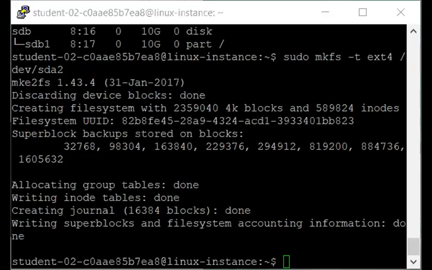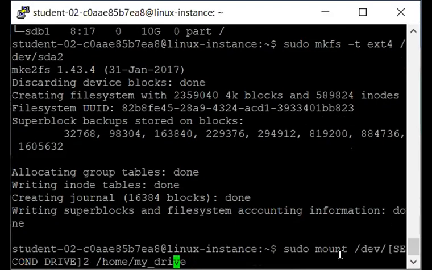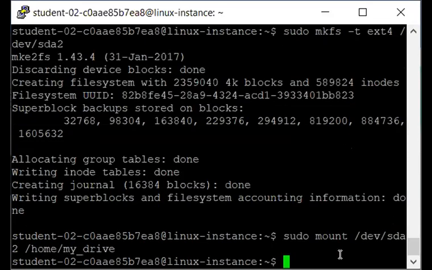So we have to go for this command: sudo mount /dev/ followed by the drive number and then the directory path. So this will be sda2. Pressing enter.